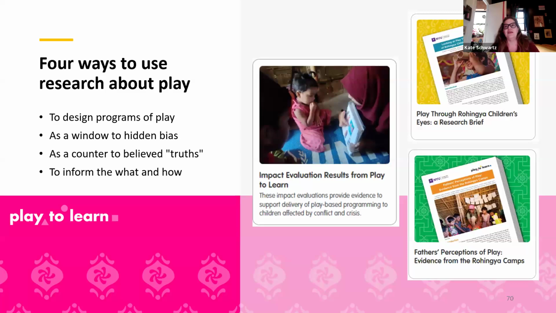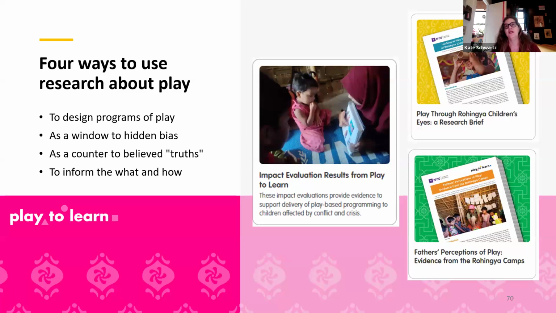So that was a very strongly held belief in early childhood education that was challenged by the research, and I think was really kind of groundbreaking. Similarly, our work with Rohingya fathers also challenged assumptions held by some that refugee men cannot support other refugee men in fathering, and we found that they very much can, and that indeed that is a really good model of programming.